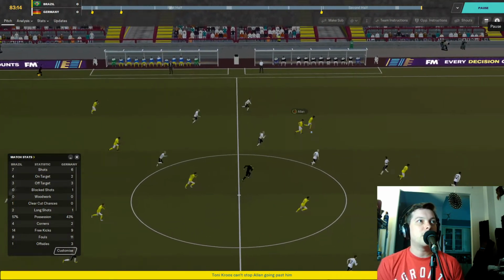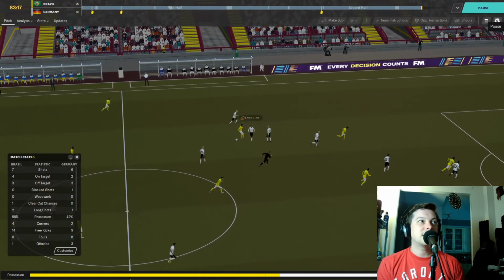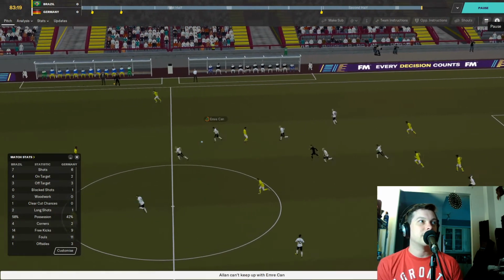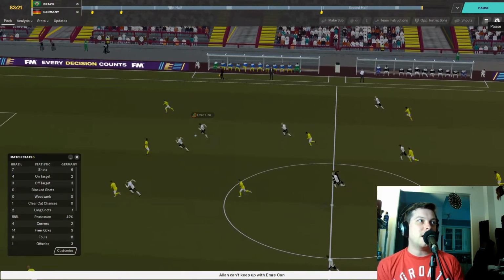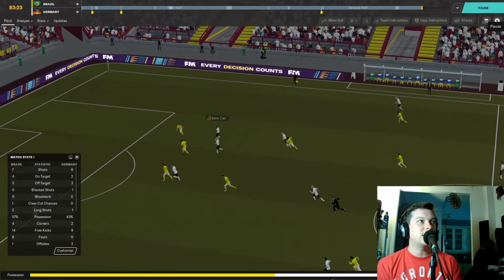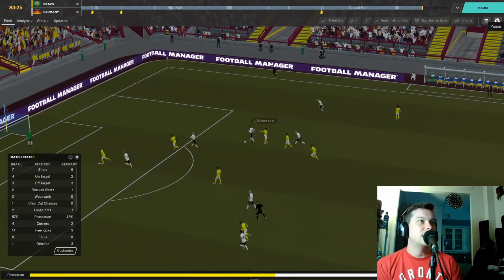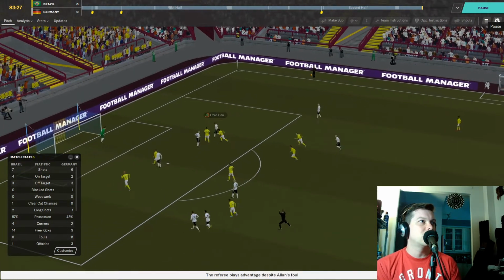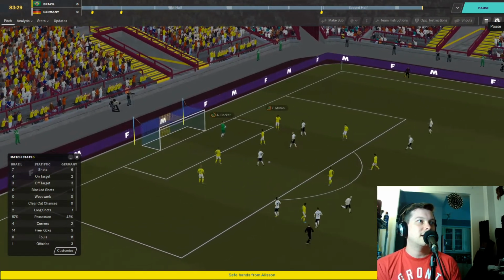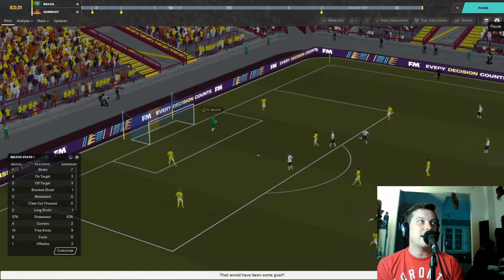Over to Toni Kroos. He loses out to Allen. Allen on the breakaway now. Brazil countering. Allen has to stop, though. He ran into his own player. Given away to Emre Can. Now Germany countering the other way. Emre Can still going. Is he going to pass? He beats another tackle here. Will he shoot? He's in space for a shot. And he does shoot, but it rolls right into Allison's hands.